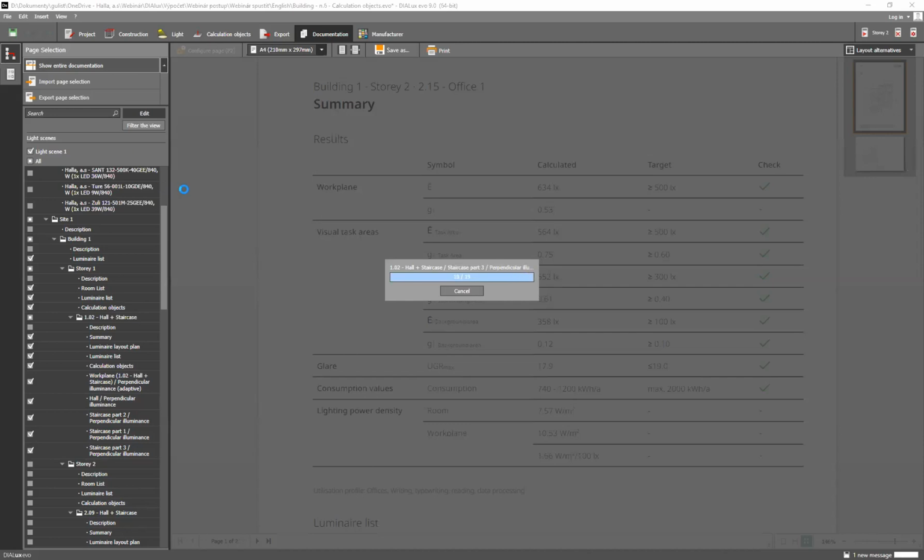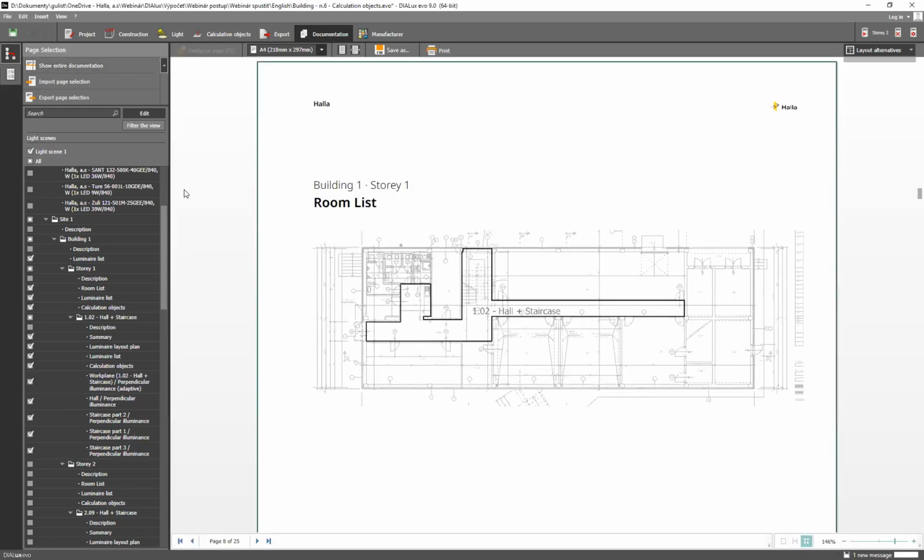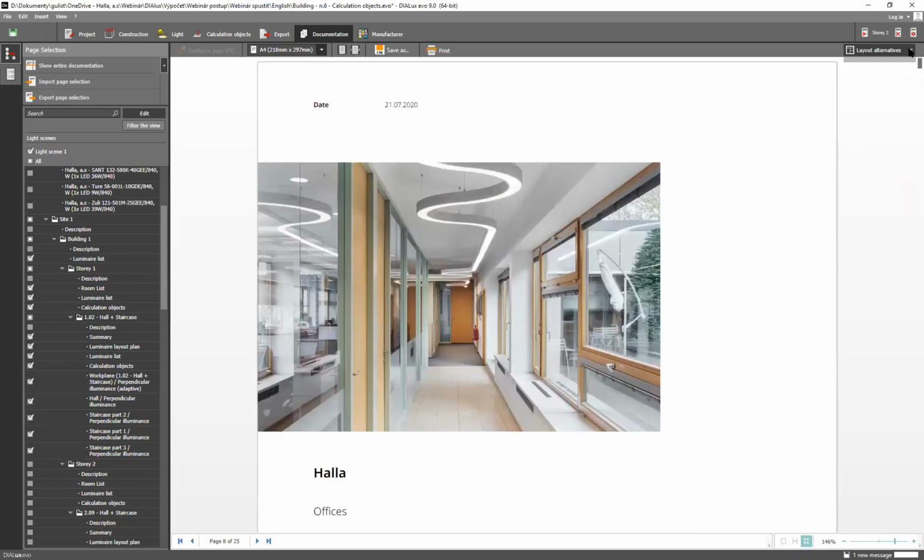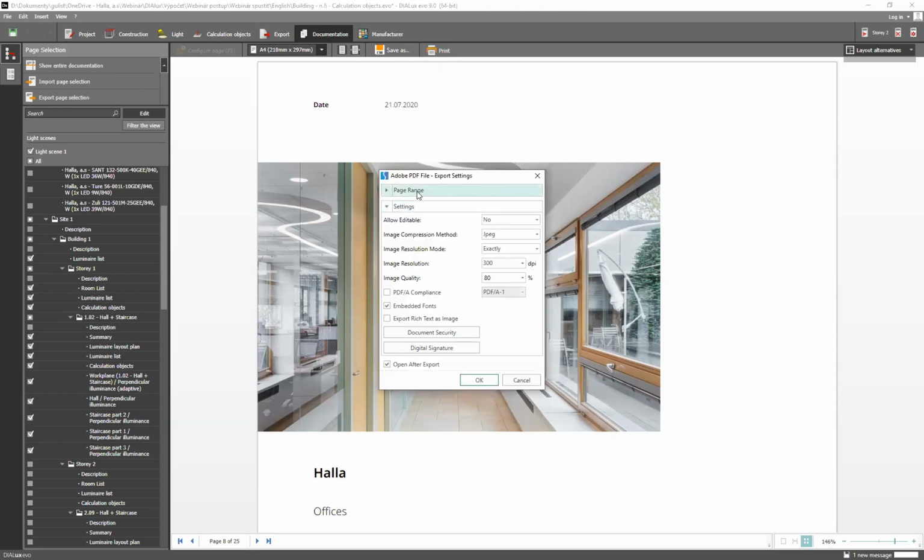A few seconds. So now we have it. It's open on page 8. There are 25 pages. Yes, so let's move to the first page. So now we can export it. Yes, just by clicking on Save As, and if you want it to the PDF format, or you can directly print it from DIALux. But, okay, just click on the PDF format, and then you